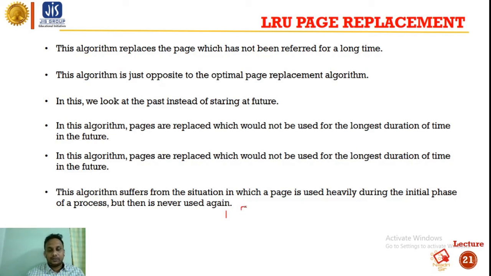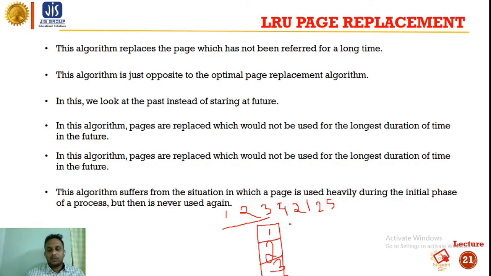Suppose this is 1, this is 2. So 1, 2, 3 can be this. 1, then 2, and then 3.